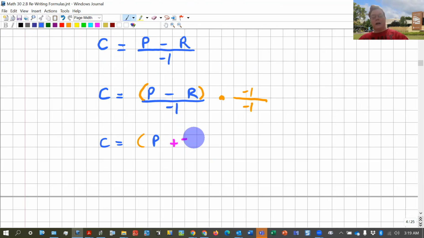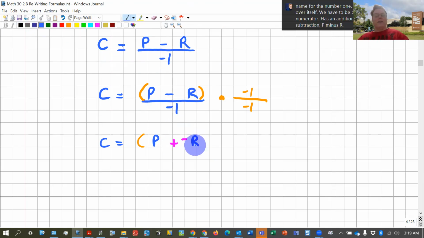P minus R is the same thing as P plus the opposite of R. And so when we multiply through that fraction by -1 over itself,